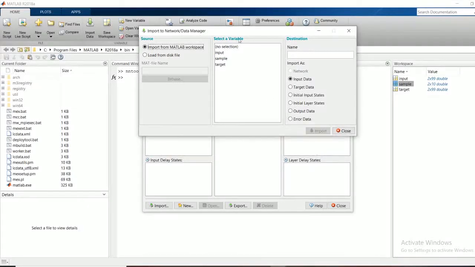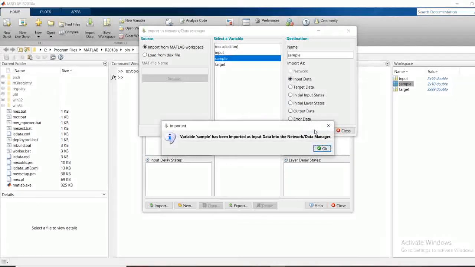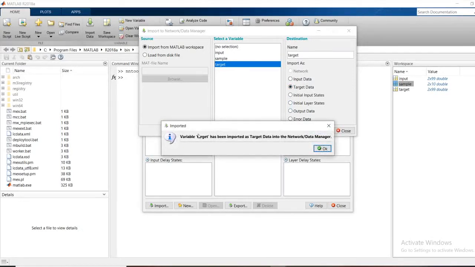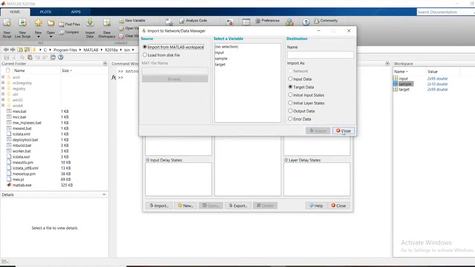Now click OK. Again do the same thing, go to sample, input data and import. Now the sample variables are imported to the data manager. Click OK. Again go for target, select target data and click on import. The target variables are imported to the data manager. Click OK. Then close it.